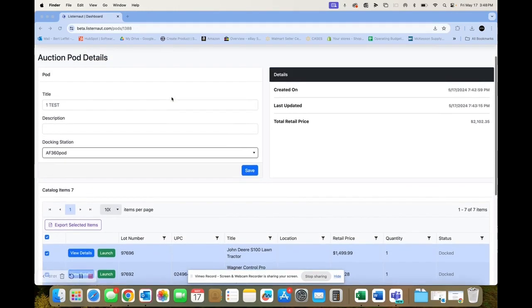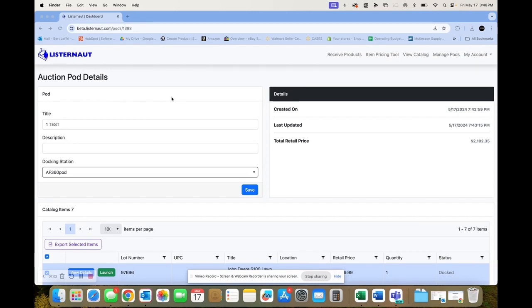We can help you to turn your listing process into a streamlined operation where you can go from 10 listings an hour to hundreds of listings an hour with the simple